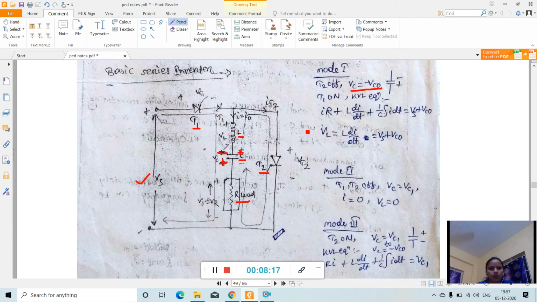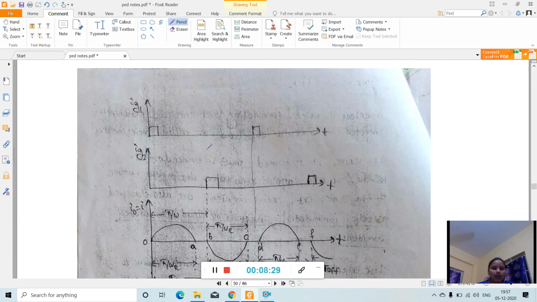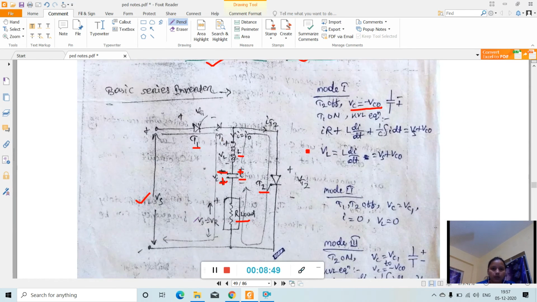But after the ending of mode 1, while the current is flowing through this path, the configuration of this current is like this. See, due to the presence of the commutating element, the output current will start from 0. It will reach a peak value, and then it reduces to 0. Okay, so at this point A, the capacitor polarity is reversed. When the capacitor upper plate is negative, the thyristor T1 is commutated.